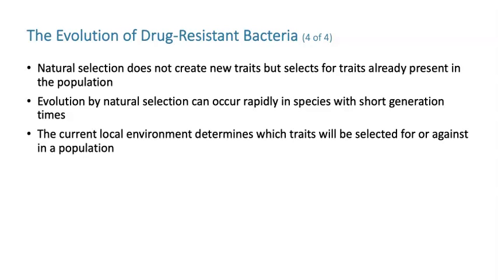Evolution by natural selection can occur rapidly in species with short generation times, like bacteria. Bacteria can go through population doubling in about 20 minutes under ideal conditions. So that means that evolution can happen pretty quickly. It also depends on whatever the current environment is. So just kind of remember that